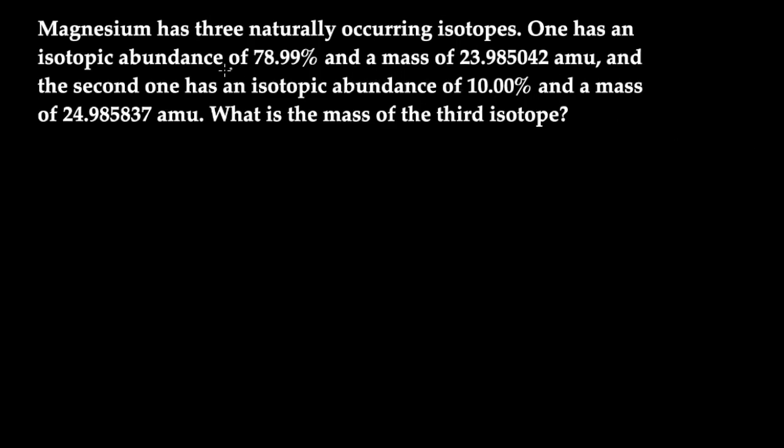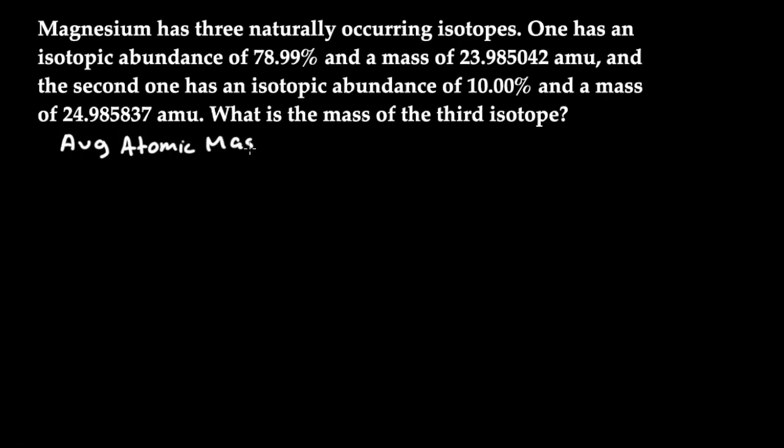So in this question, we have three naturally occurring isotopes of magnesium, and we're given the percent abundance and the masses that go with them for just two of them, and we need to find the atomic mass of the third one. And so what we're going to do is an equation that looks like this, and that is that the average atomic mass